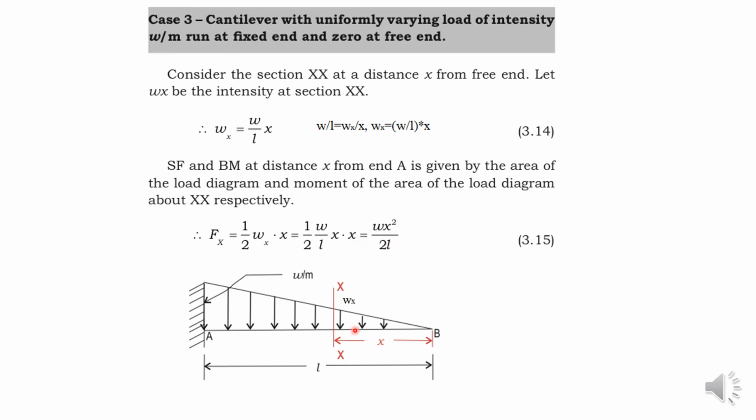So in order to get the value of shear force at B, give h is equal to 0, and therefore shear force at B is equal to 0. And in order to get the value of shear force at A, substitute h is equal to L. Okay, from that we will get the value of shear force at A as W L square divided by 2L, and that's equal to W L divided by 2. And the variation of shear force diagram from B to A is 0 to W L divided by 2, and the variation is a parabolic curve.